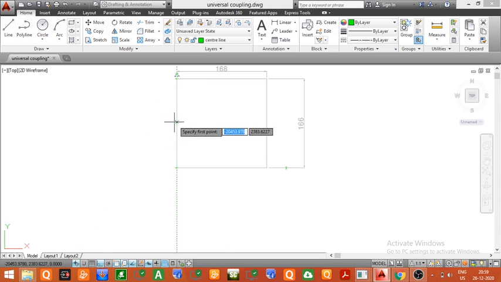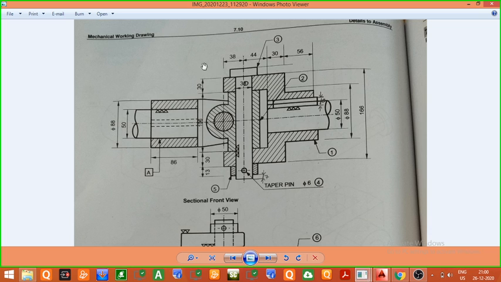Now I will draw from this midpoint. You have to draw a center line, horizontal center line. So I have drawn the horizontal center line, which is at a distance of half of 166. Now we have to draw the vertical center line. Now in the figure it was clear that the vertical center line, you can see